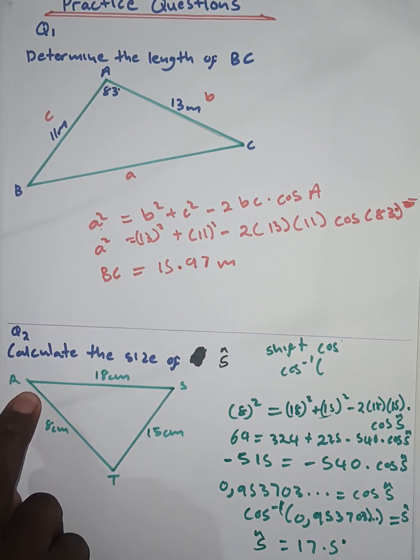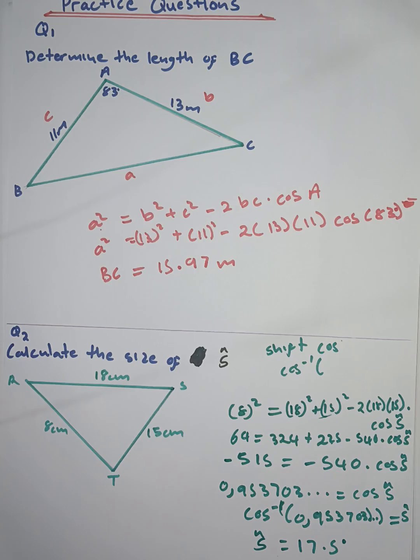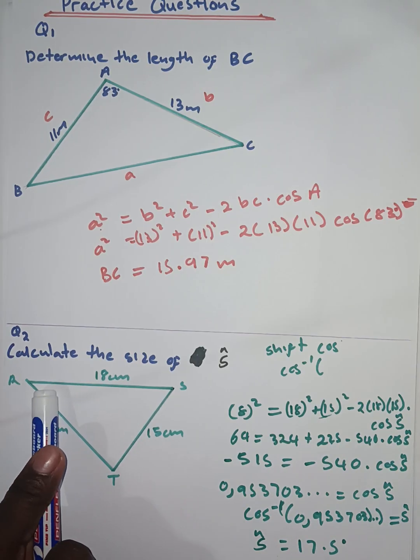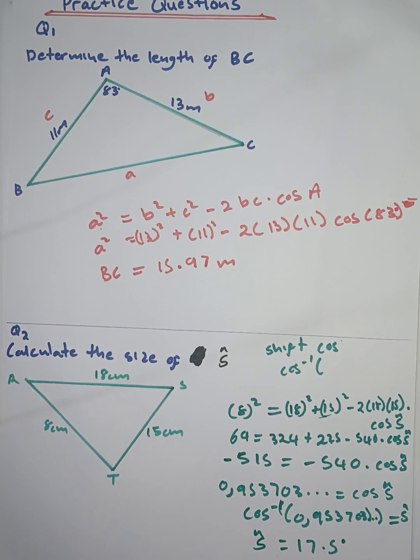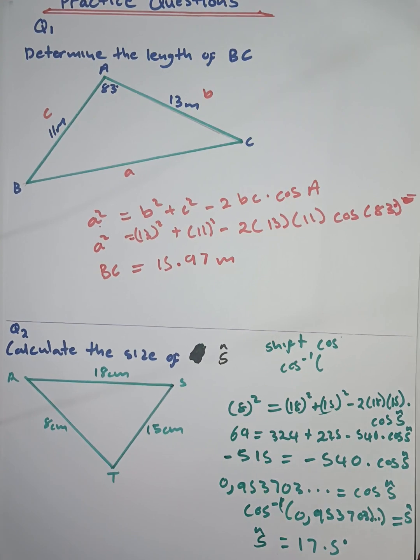After you've found that, you would use the sum of interior angles of a triangle, and I'm sure you can be able to do that. So what I would ask you to do is just try to calculate that value for me using the cosine rule. Actually, you can use the sine rule or the cosine rule. What I would ask from you is to calculate that value, and you can just throw that in the comment section. And yeah, of course what we're going to do, we're going to do the